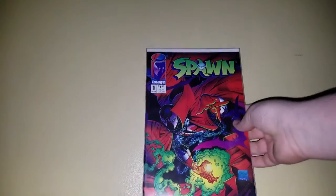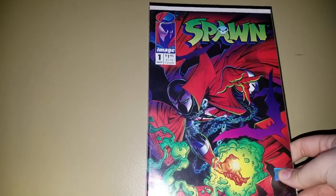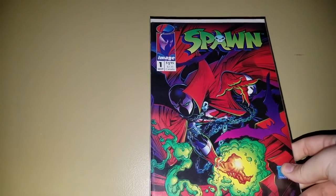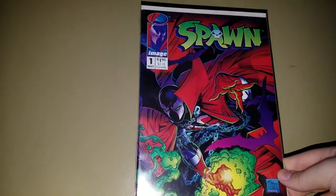Alright, so I'm going to start with the comics. I got Spawn #1. So it's the first Spawn comic. It's a direct edition. You can tell because it doesn't have a barcode right there. Direct edition means they sell it at comic shops and shops like that, but the newsstand edition is the one that's expensive